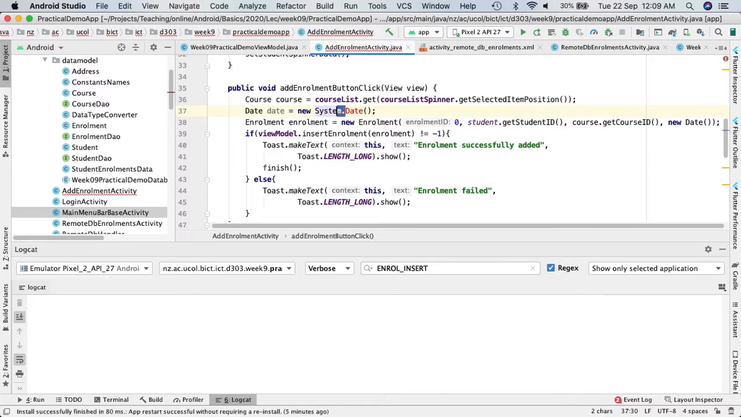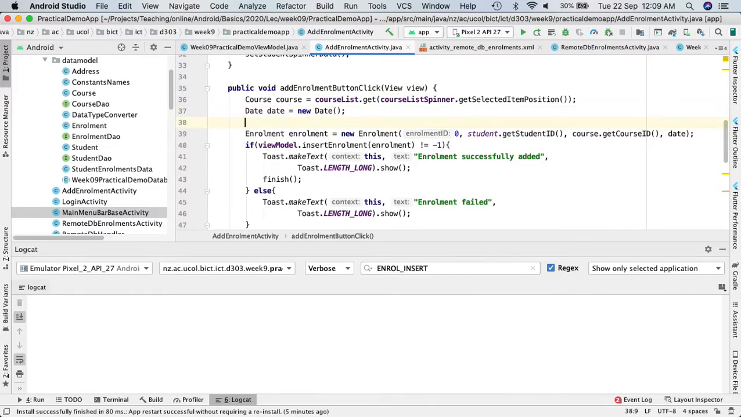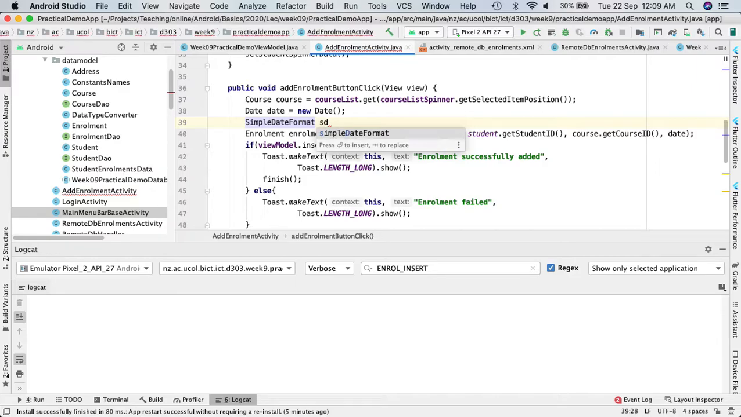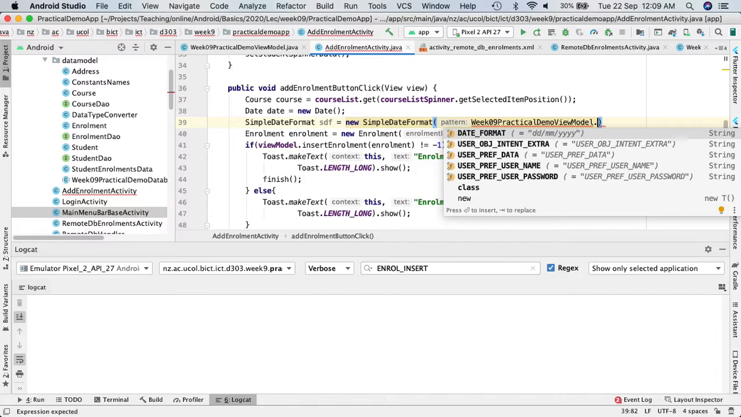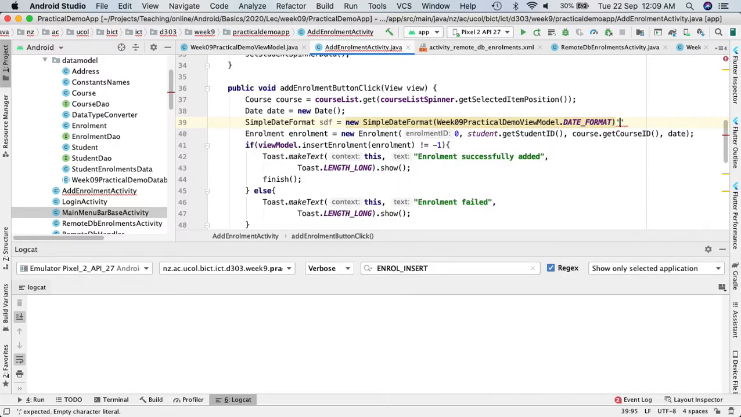Okay, let me make sure, and then here we can use that particular specific date. One more thing, I just want to quickly create a simple date format. SimpleDateFormat sdf is equal to new SimpleDateFormat, and then we say weekViewModel.formatDate, and then we can simply say